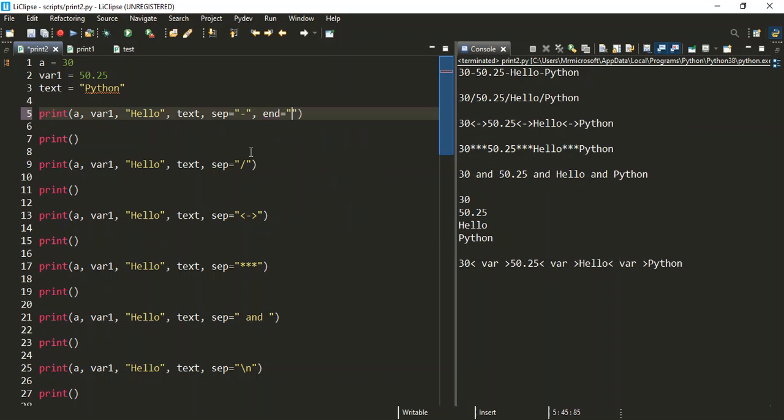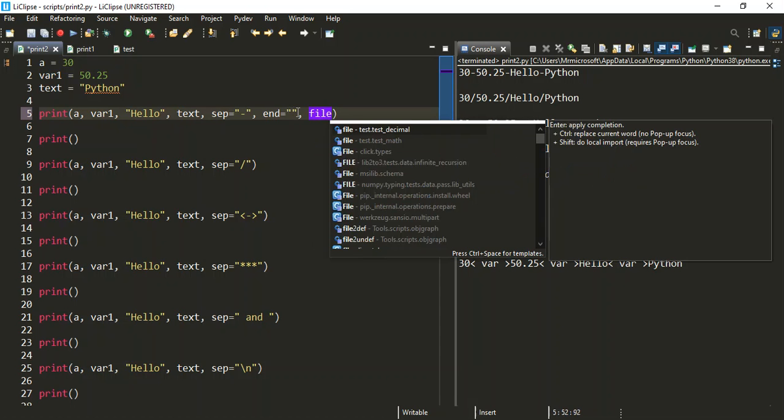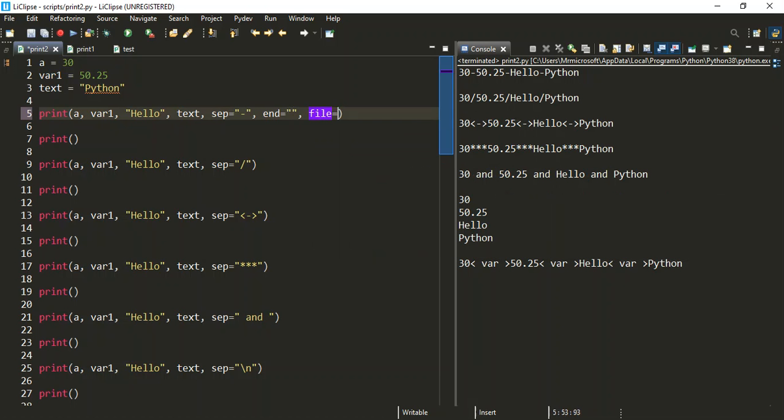All right. So like I was saying, you can use the end parameter, and you can also use the file parameter to specify, for example, your file. Okay, so it's possible to do all this in the same print function. It's not like if you have the sep, you can't have the end or whatever. So I just wanted to show you. I hope this video has clearly explained how to use the print function and specify the sep,